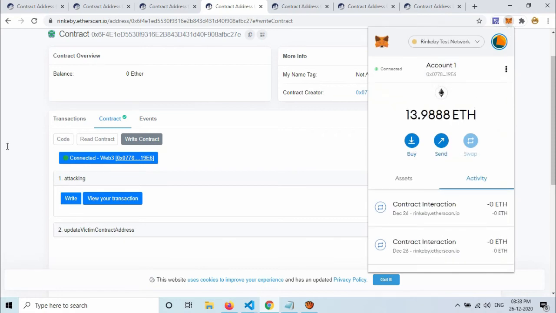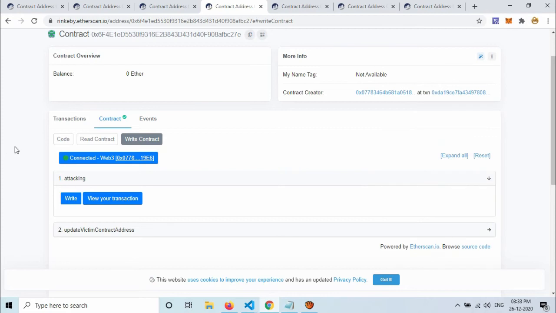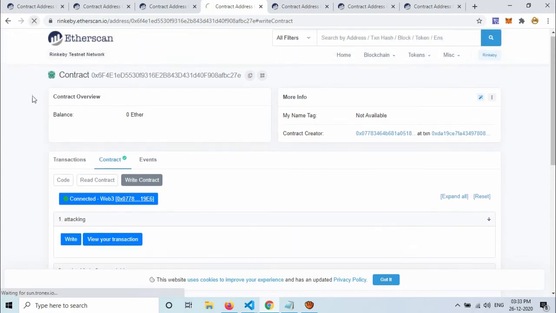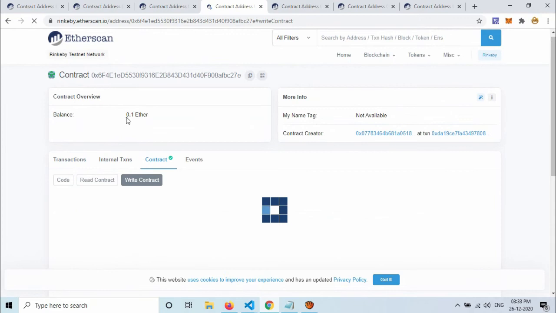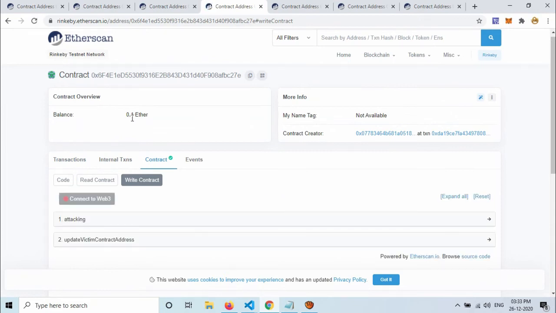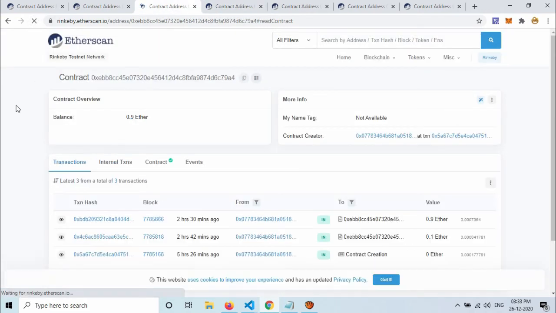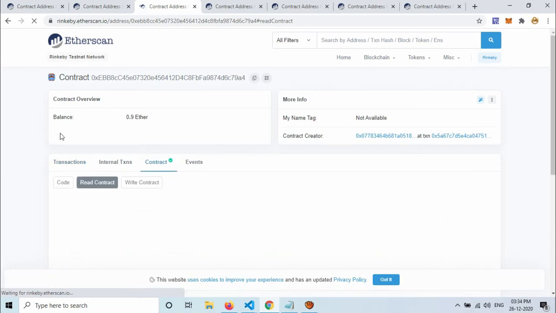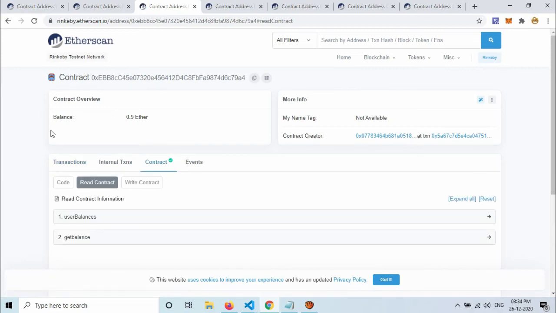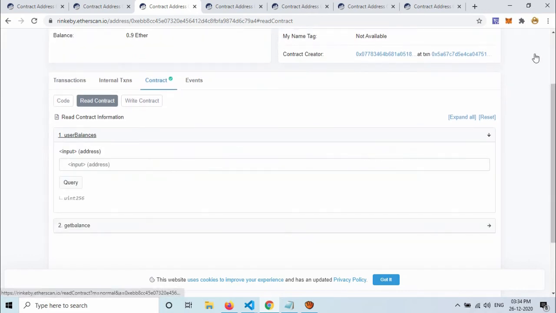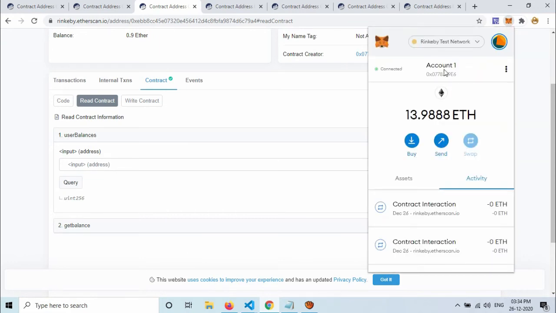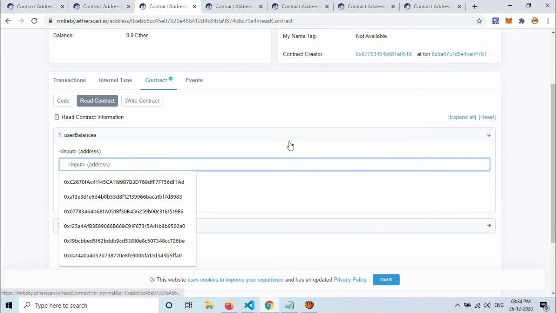In the victim address record. So first, the balance of attacker is 0.1, which is correct. The balance of victim is 0.9, which is also correct. But what happened here? Let us check the balance of account 1 again. And this is account 1.